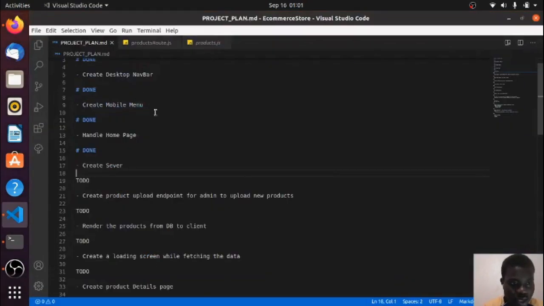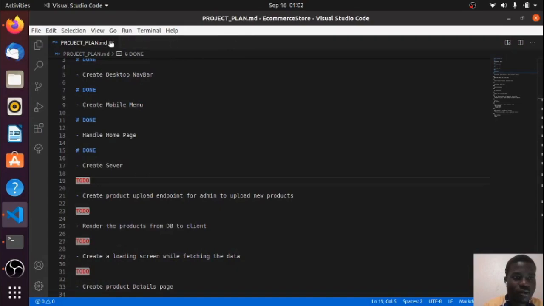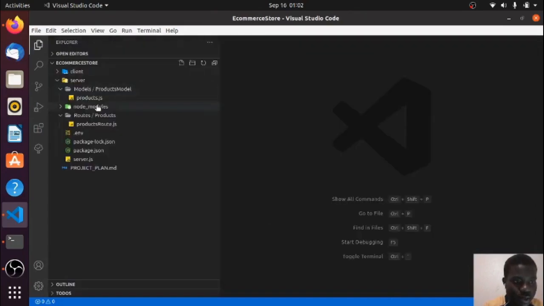And before we do that, what we have to do is we now say done for this endpoint. Right. Okay, so we're not really done because the next one is one of the products from the DB. So we're not yet done because the admin has to add this. So now let's go to the client side and actually create a form. Right. So we close the server for now,